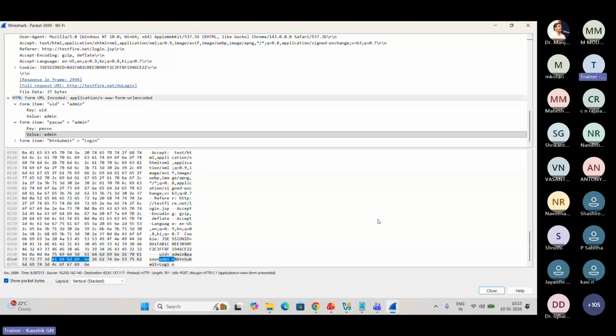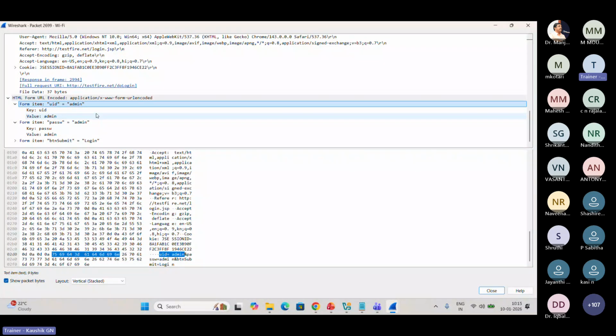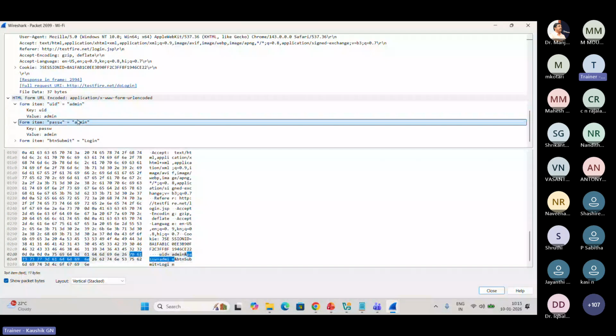While you capture the packets, in HTTP the data is sent as plain text. As you see, I entered admin, and it is captured as plain text. Because of this, a lot of people were able to get login information and do unauthorized access.